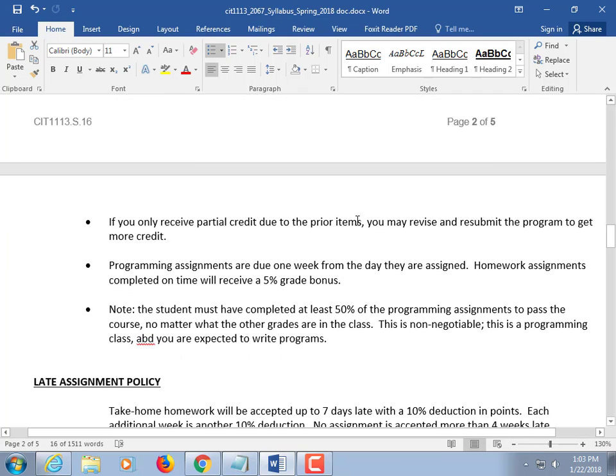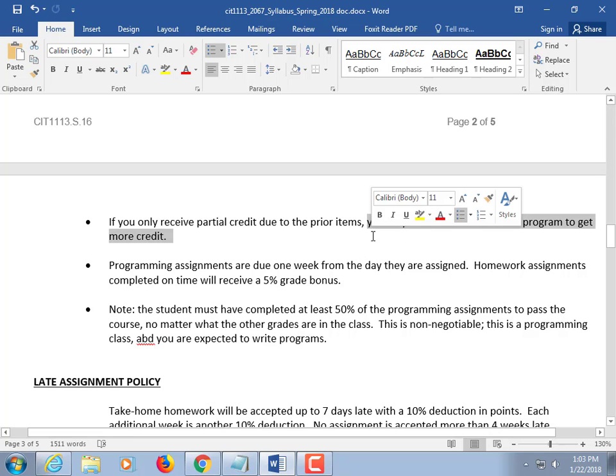If you receive only partial credit due to the prior items, you may revise and resubmit. It's not your final answer. These aren't like what happens in the real world. You write a program, you show it to the customer. If they don't like it, you don't just go, okay, that's it, I quit my job, and you walk off. Instead, you revise the program, you show it to them again, and then finally you get it up to the